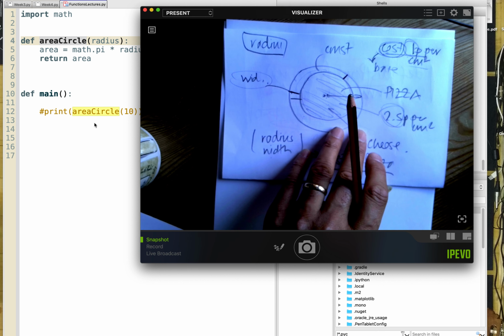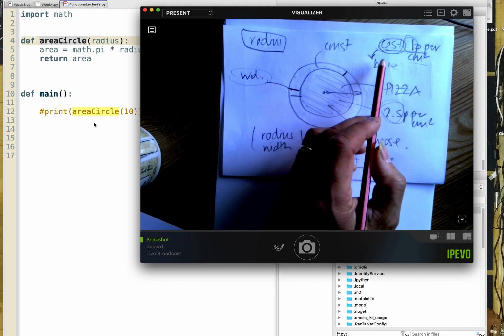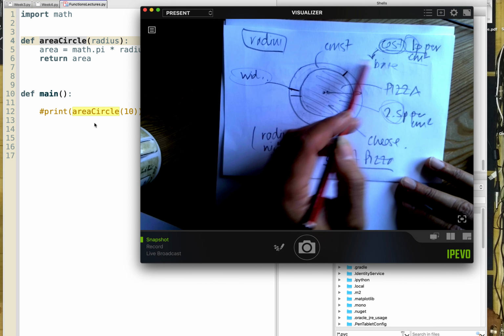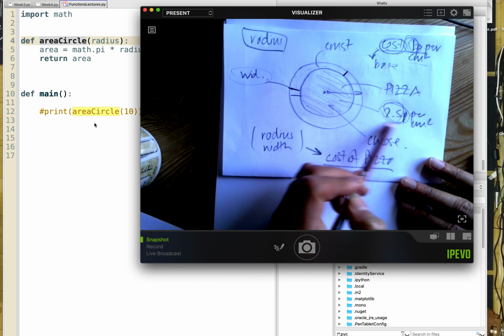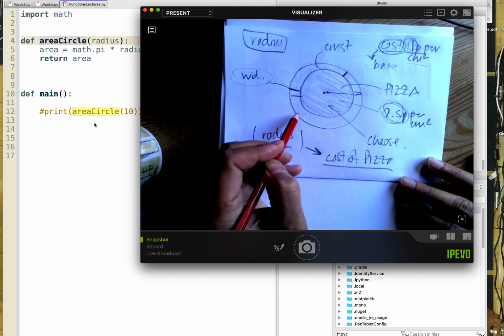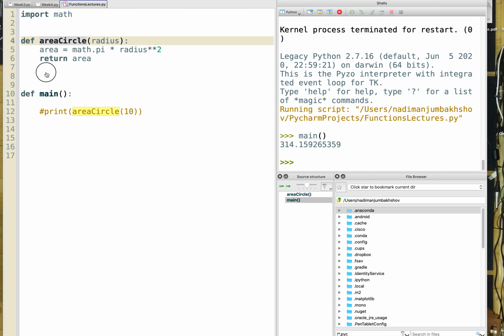Okay, so we could actually write a cost function based on the area, because the cost of a particular circle, shall we say, is the money, whichever it is, 2.5 or 1, multiplied by the area we're interested in. So let's create a simple cost function. Define cost of a circle, and we've got to pass it